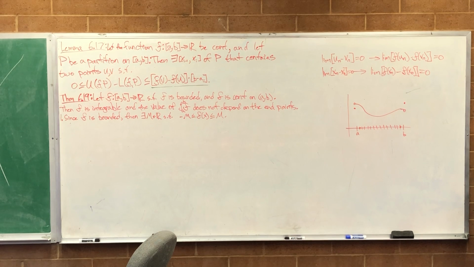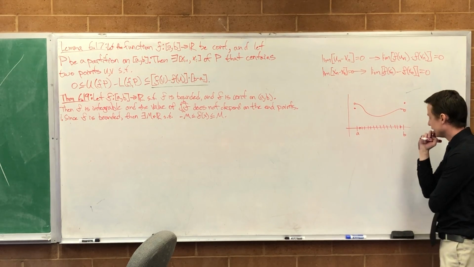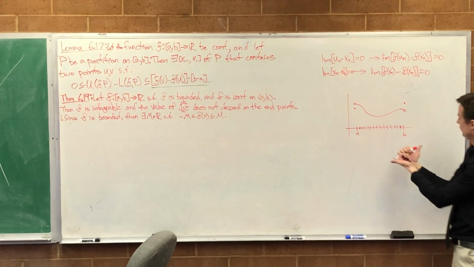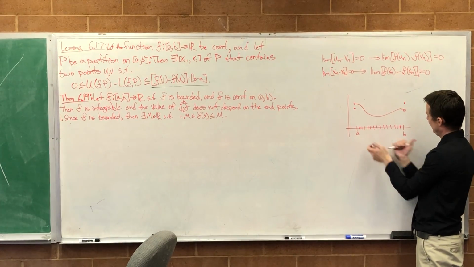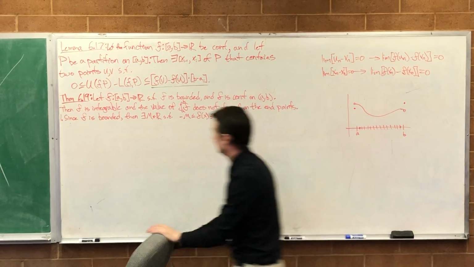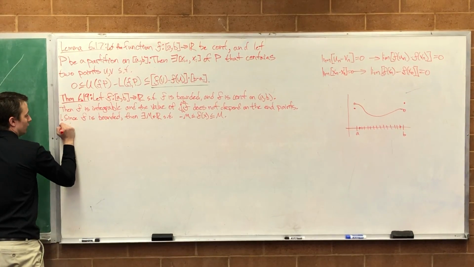So I can integrate all those individual things, but then we're back to the problem of trying to integrate that. If I take a sequence that gets closer and closer to a and closer and closer to b, we eat up that difference. A sequence of partitions, so I think